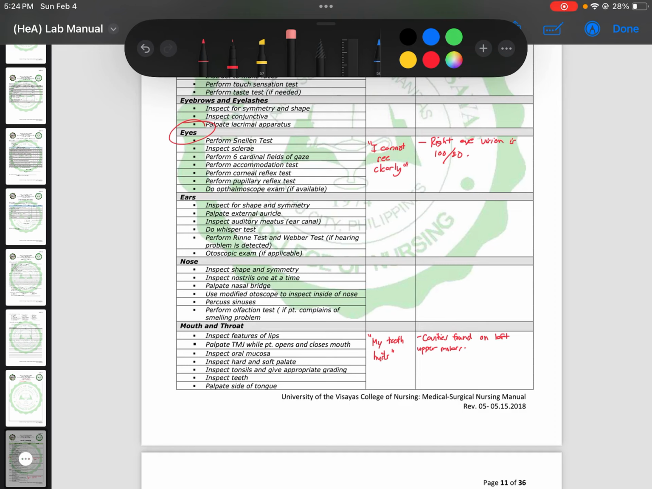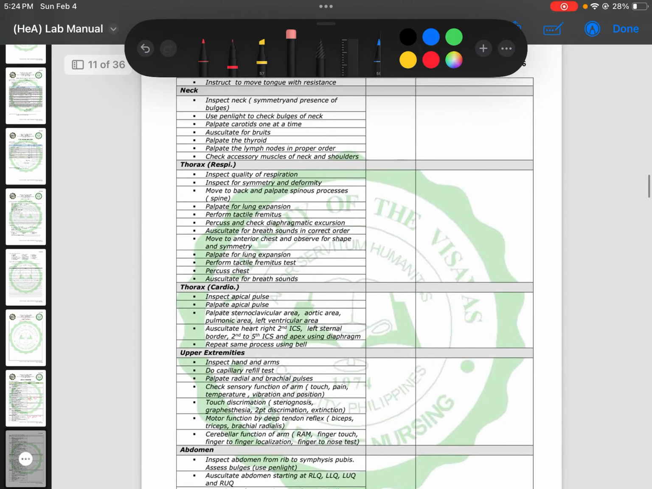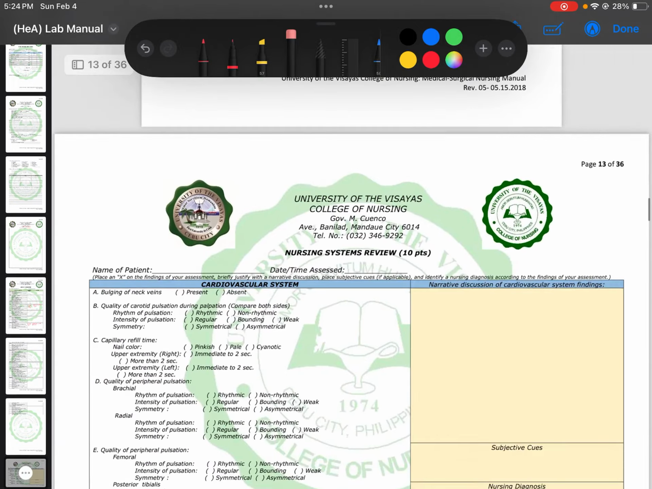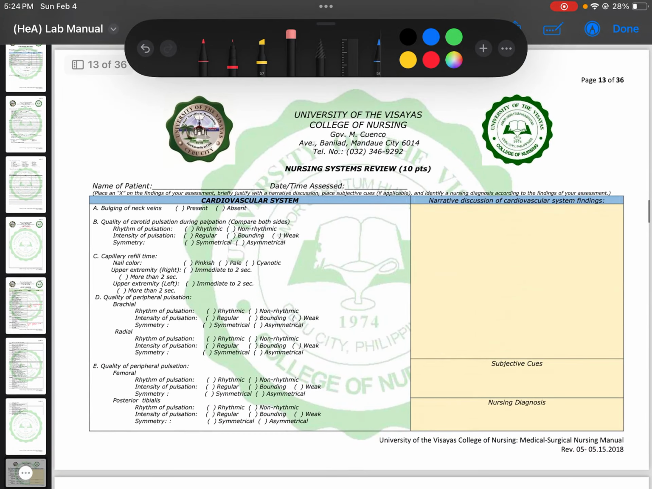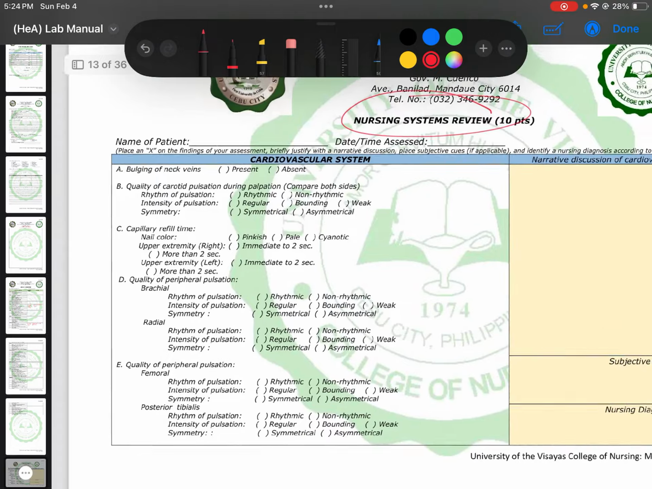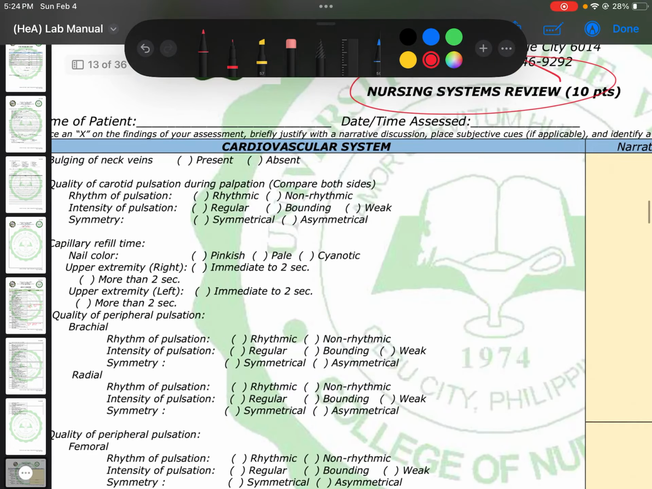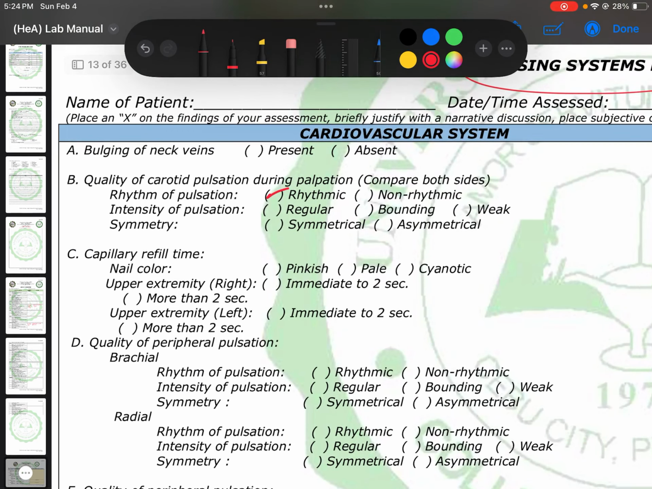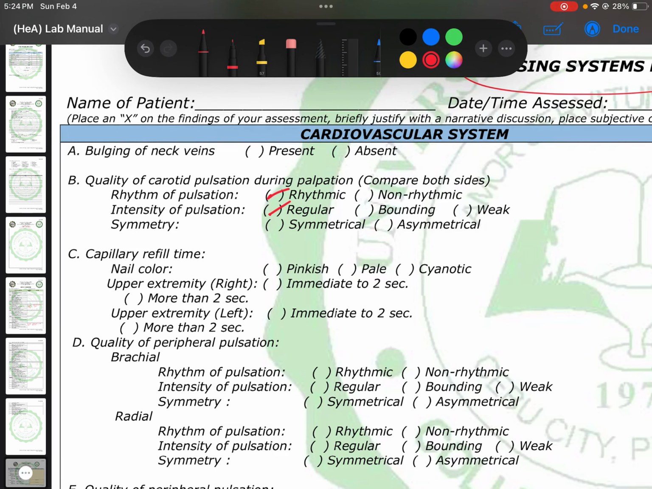No, not after class, as I've said, right? You have to document as soon as you get the findings, or as you see the findings. So that is how we do it. It includes every system from head to toe, and there is also a nursing systems review. This is where we check if there are bulging neck veins, if the carotid is rhythmic on palpation, if there is symmetry between both carotids,